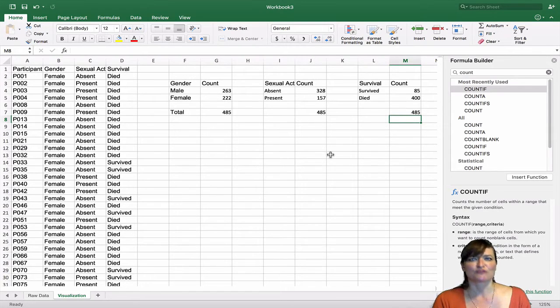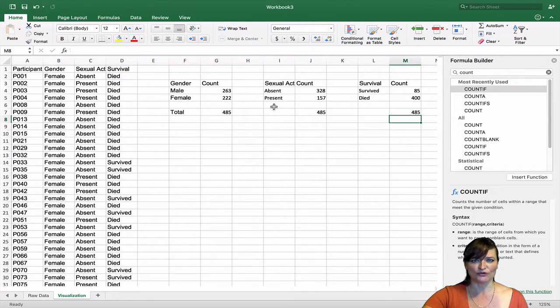Now we want to add some proportions here. We need to do a little bit more work so that our audience doesn't have to. Rather than making them look at 263 versus 222 and needing to think 263 out of 485, 222 out of 485, let's calculate a percent, a proportion, set it all on out of 100 so that the audience can easily see any patterns that are in this data. I'm going to go ahead and add that to this initial table.